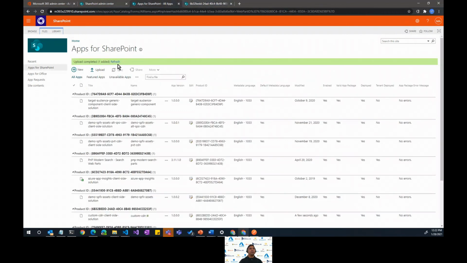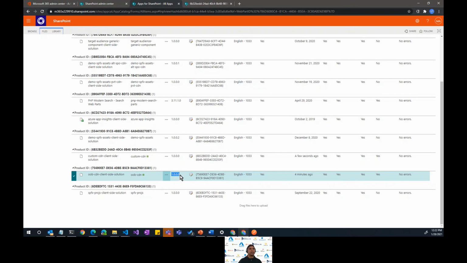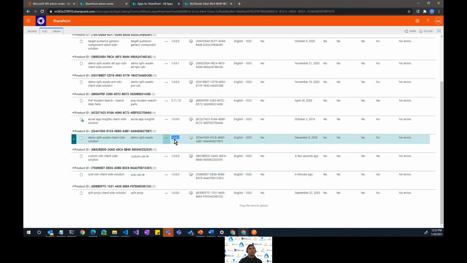So let's see where you can see those numbers in the SharePoint site and app catalog. If you go here, let's pick, yeah, you can see those 4-digit numbers. That's the number corresponding to the package solution file. Let's see this project because I want to show it in the site contents page too. It's called demo SPFx assets client-side solution. It's 1.0.0.2.